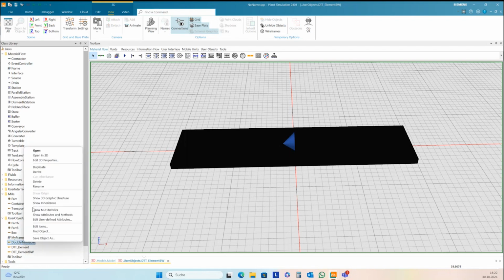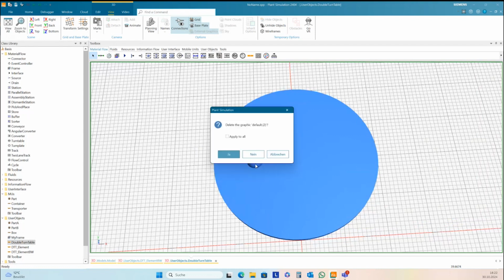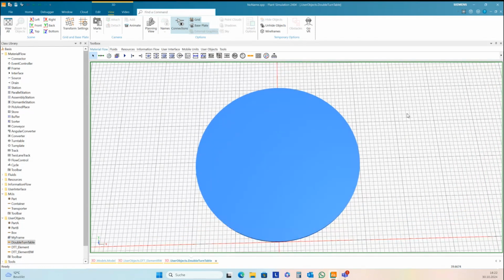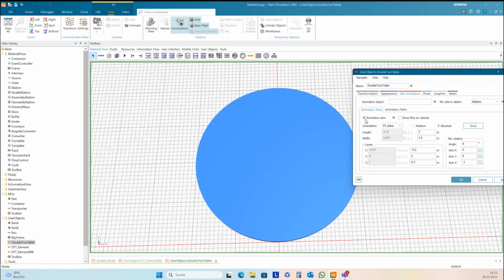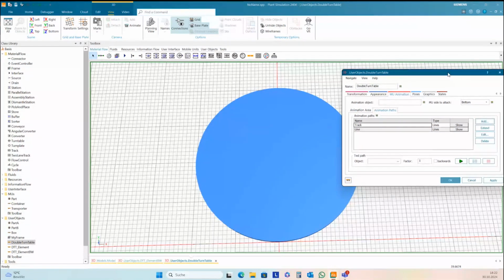And so I need to go back in 3D. I delete this one here. And I need to change the 3D MU animation. I don't want to have an animation area here. I want to set the animation parts manually.